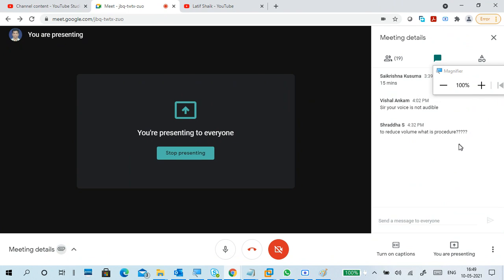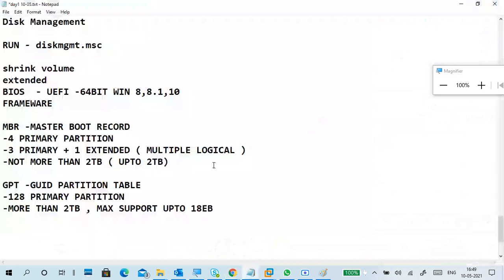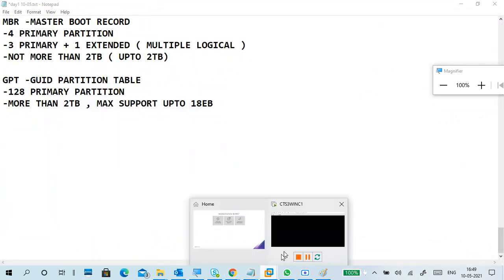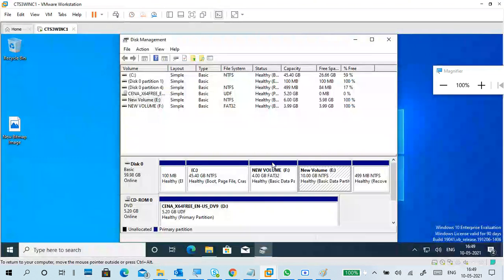To reduce the volume means, if you have a disk and the disk contains data, for example, it is a 100 GB drive and 10 GB data is there. You want to split it.